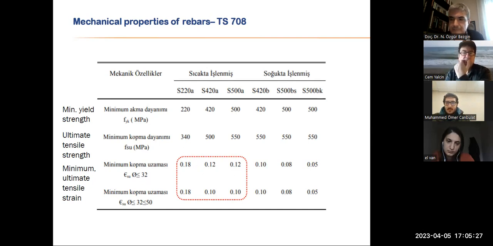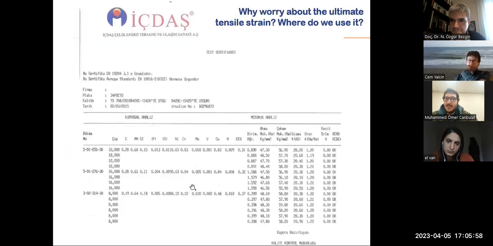I don't use them. I mean, even in the seismic forces, I design to resist those seismic forces as a certain percentage of my yield stress. Why do I need them? Why is this table telling me it must be 18%? Why is this important? Because we design in a plastic zone. So we accept the yielding, and we need to know how much elongation we have in the yielding zone.